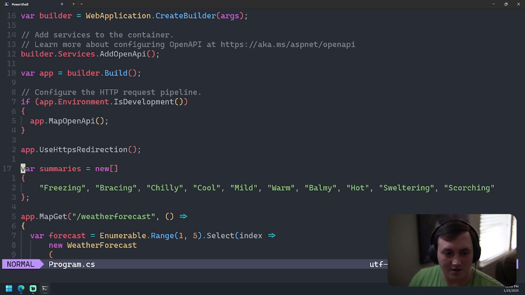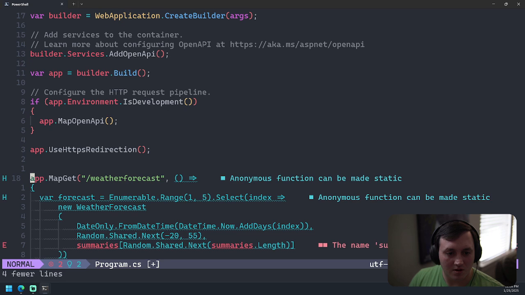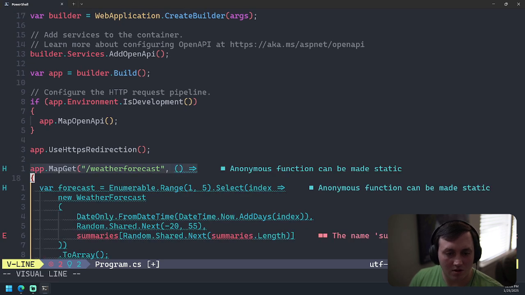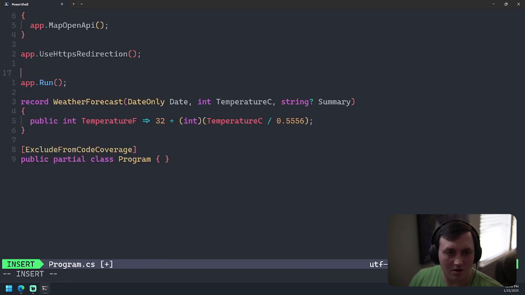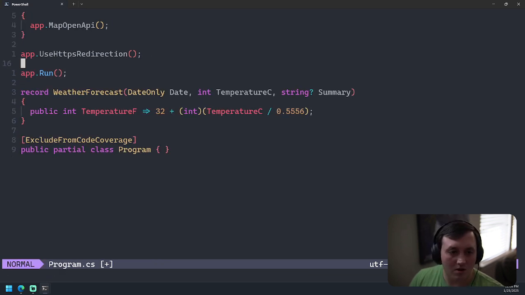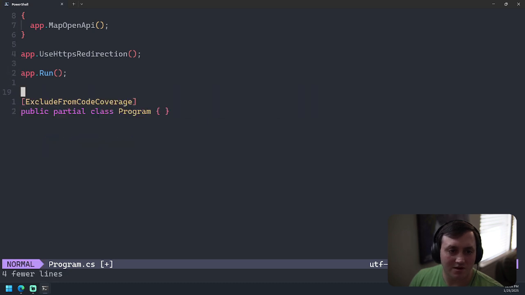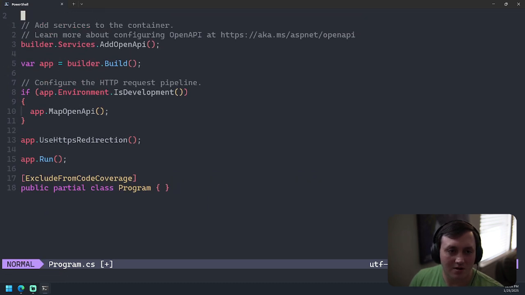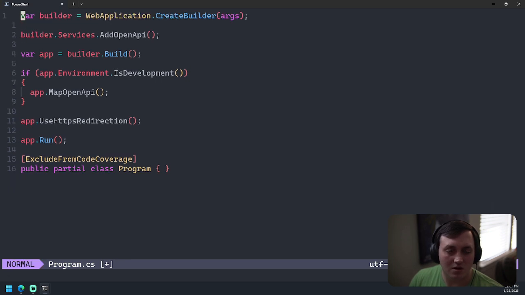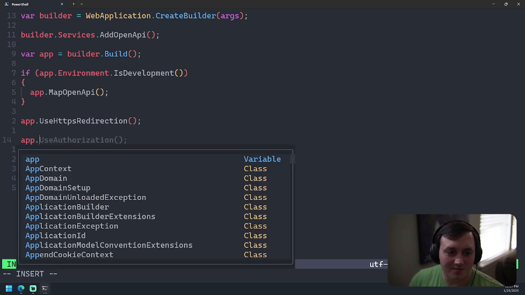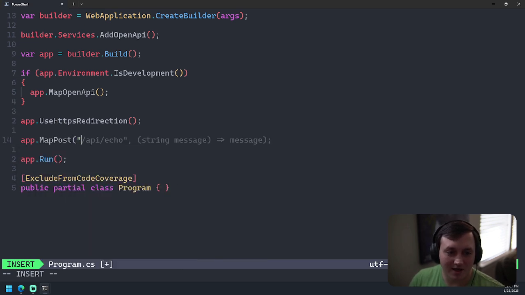All right, let's go ahead and delete all this because we don't need it anymore. And let's remove this because we don't need that either. Remove these comments because I know what this is doing. Okay, so let's map our first endpoint. It's actually probably going to be our only endpoint. This is going to be a really simple API when it comes down to it. Let's see, generate.